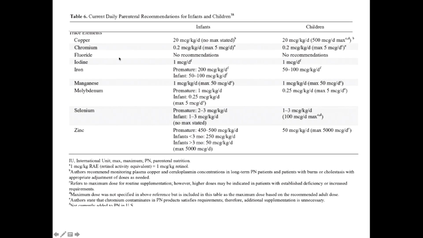And if you look at trace elements, which is the nutrient class that we've most recently been struggling with respect to shortages, you can see a wide range of intakes for infants and children. But more importantly, you see a number of important footnotes, such as for copper intake. The authors recommend measuring laboratory data or estimating increased requirements if a patient has burns, or perhaps decreased requirements in the setting of liver cholestasis.